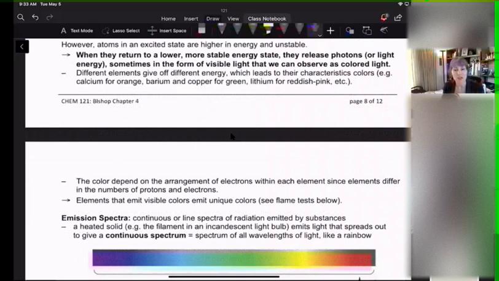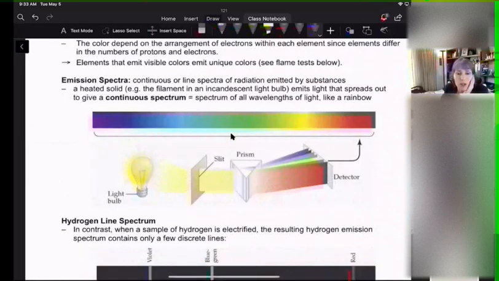So if we have a continuous spectrum like this rainbow, that would be from an incandescent light bulb. For example, the one I have in here is an incandescent bulb. If we take that light bulb and we put it in one direction and then we split it out in a prism, so all the wavelengths curve a different amount, then we can detect that full spectrum rainbow. But instead of an incandescent bulb, that's putting electricity across the filament until it gets so hot that it glows,